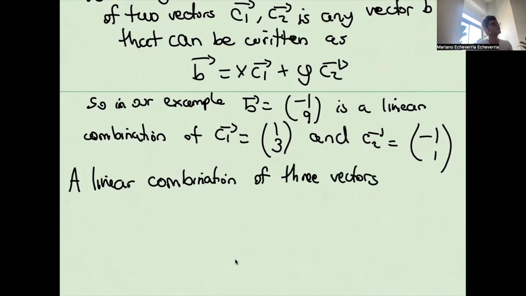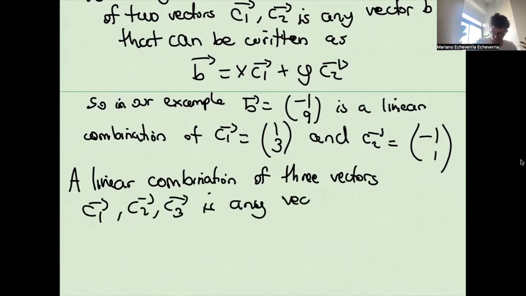Once you have three vectors, let's call them C1, C2, C3, a linear combination is any vector b that can be written as